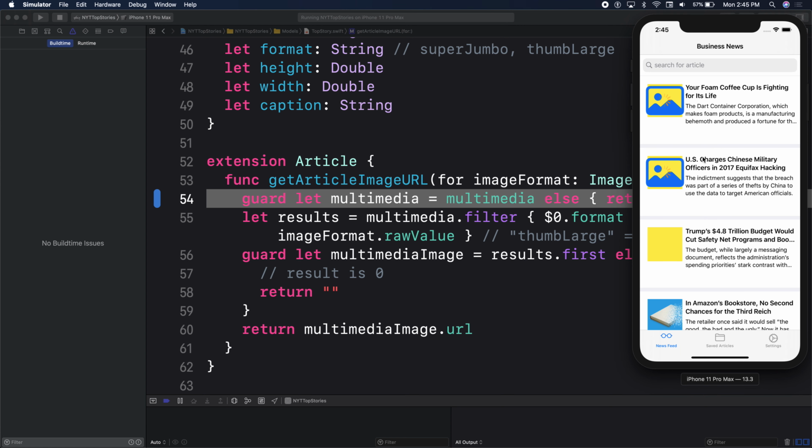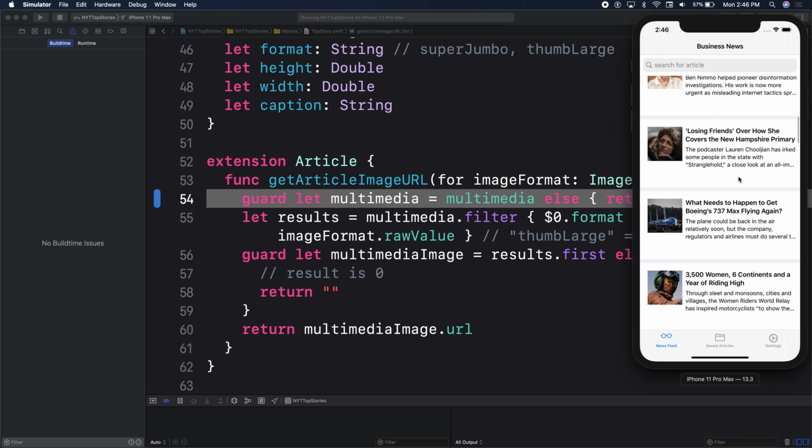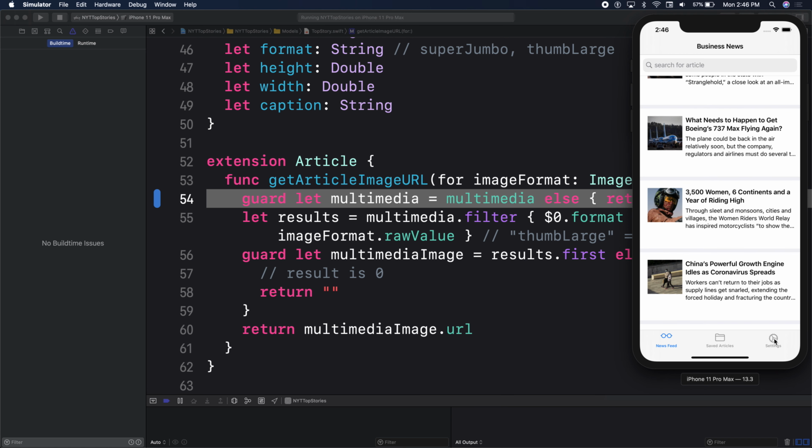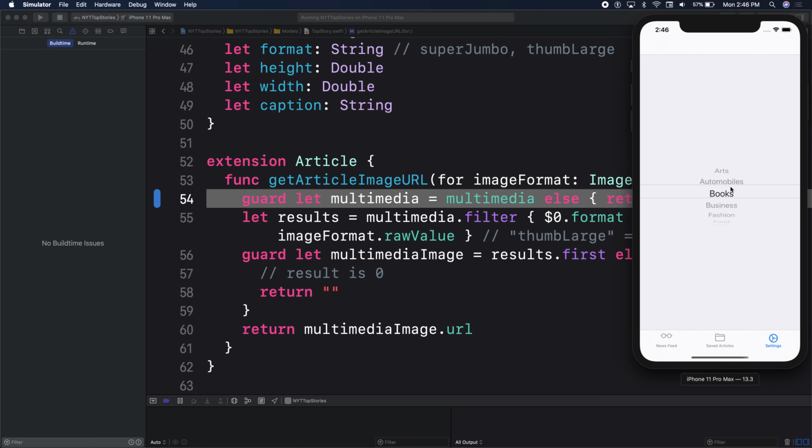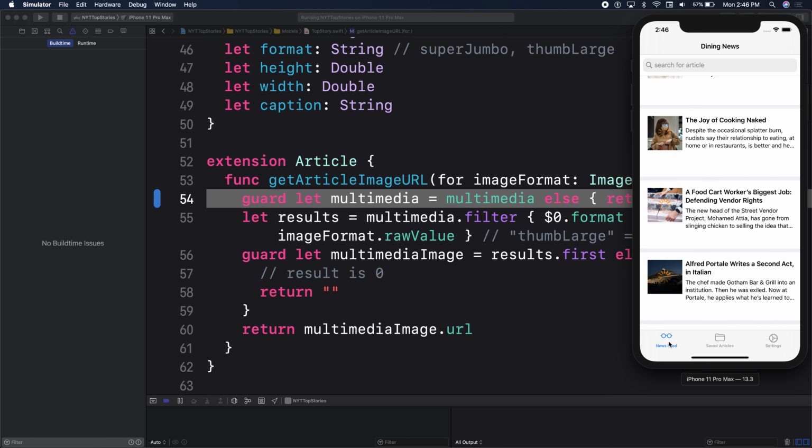Okay, with business, wow, everything just works there already. Okay, with business, we should now have business news, right? Yes? I was waiting for some errors here. This looks like business news to me. Let's go ahead and change it to say books or food. Food is good. Go back to news feed. Dining news. I'll take dining news. That's fine. Wait, can you go back